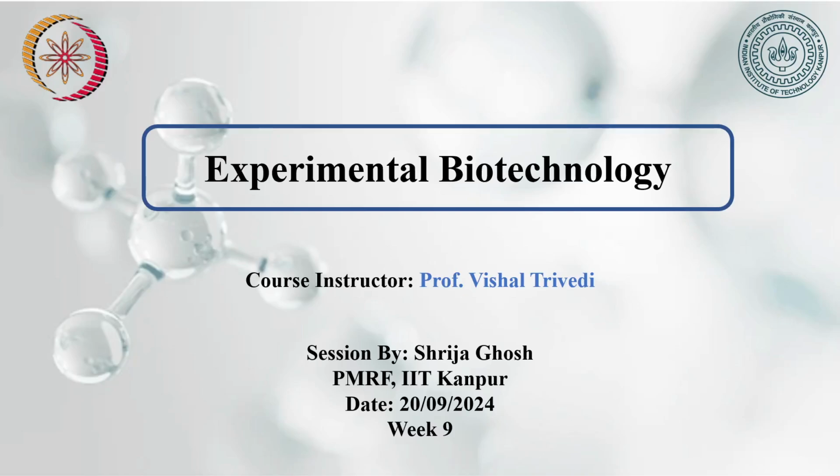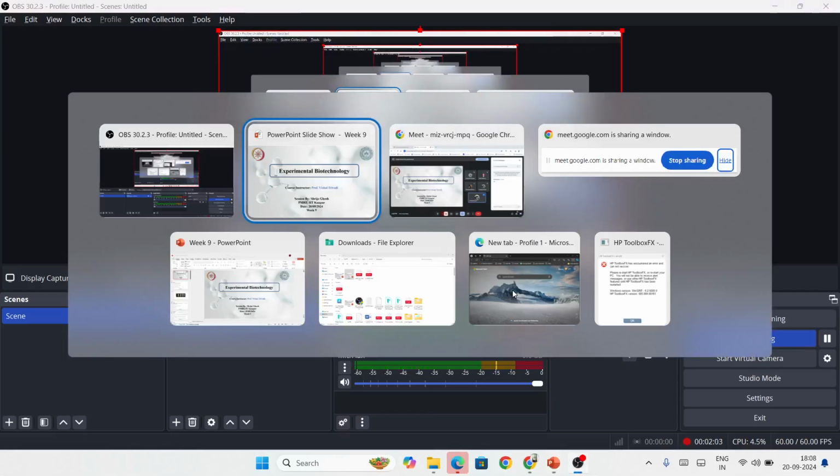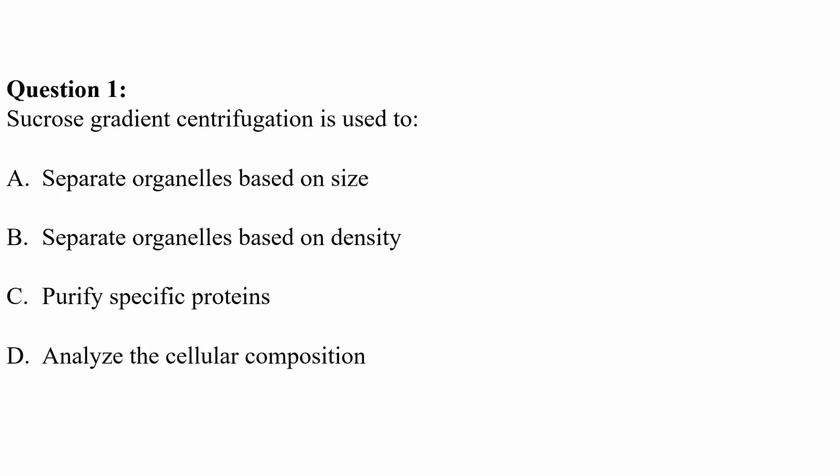Okay, feel free to ask any question at any point. If you have any kind of doubt, just write in the chat box or just unmute your mic and start speaking. I'll try to clear as many doubts as possible. Okay, so let's start now. As I mentioned, I'll start with 2 or 3 questions of cell fractionation first, and then I'll move on to the microscopy. So starting with the first question, sucrose gradient centrifugation is used to: